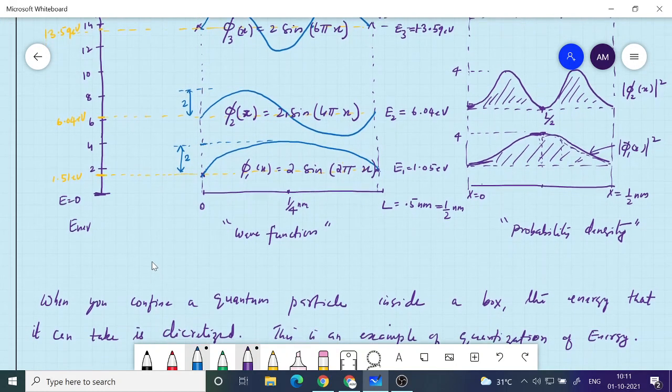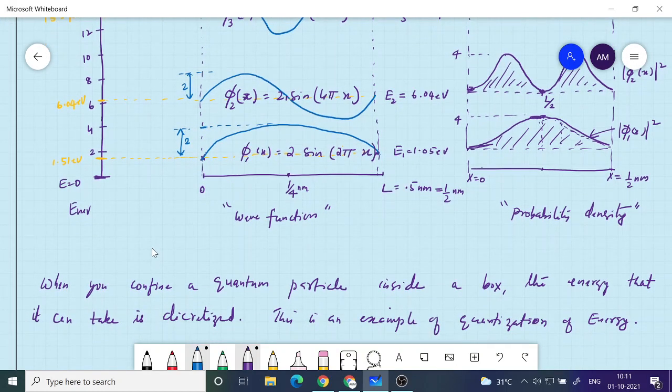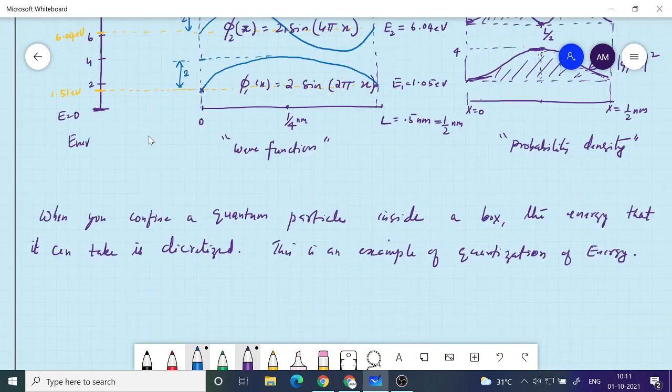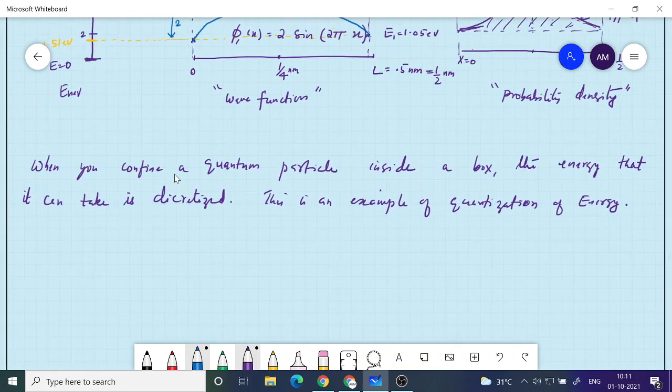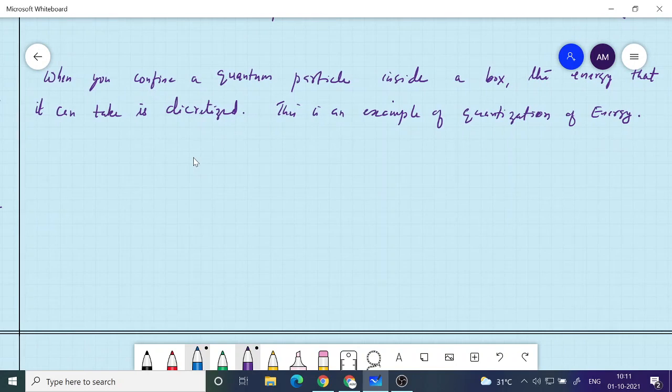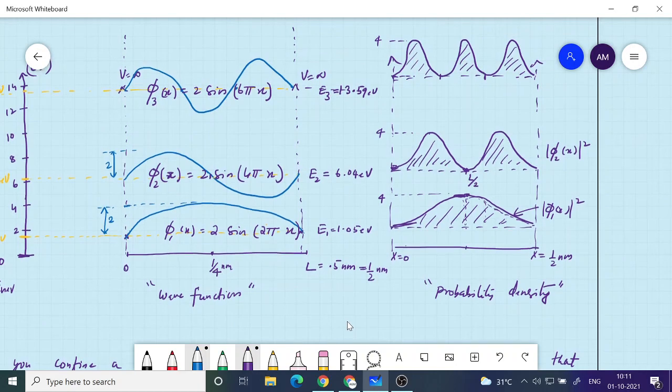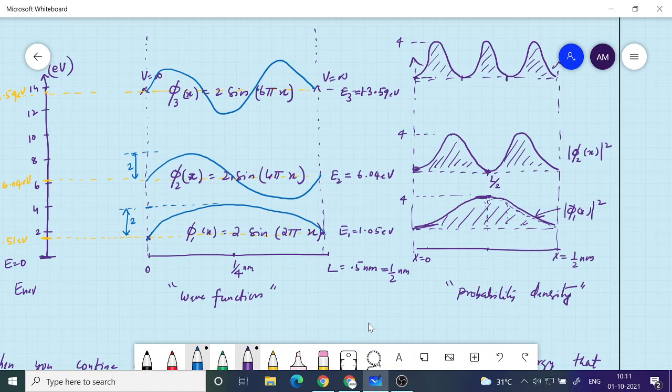But when you go to the microscopic world, these particles have these constraints. Without taking these constraints into account, you can't explain the properties of materials, and that is the reason why we are looking at these aspects in this course. So that is one interesting problem, a simple problem, but very profound, because it gives a lot of features of quantum mechanics.